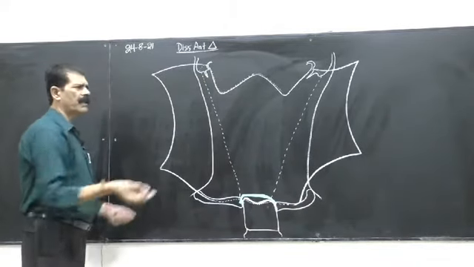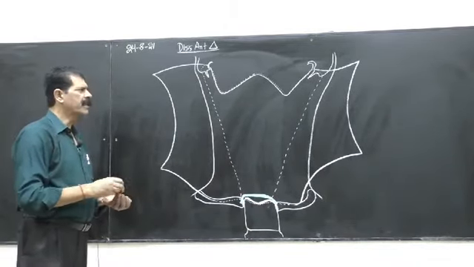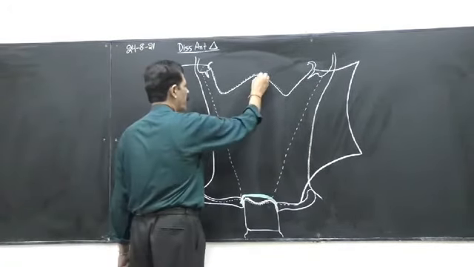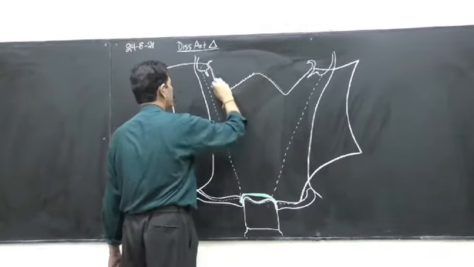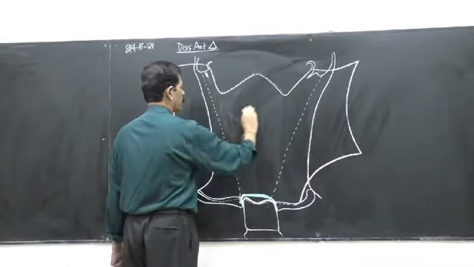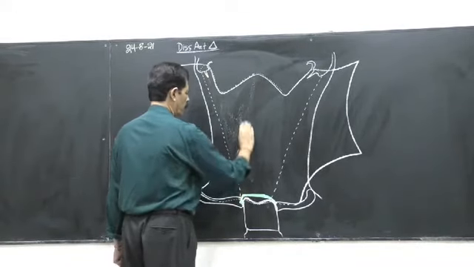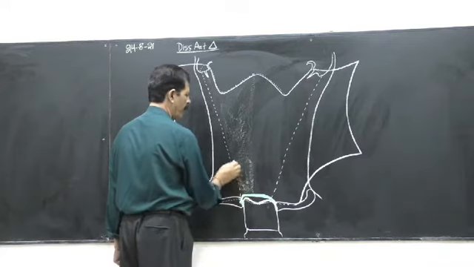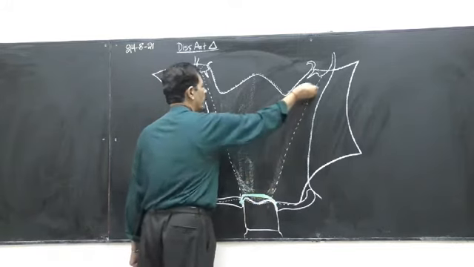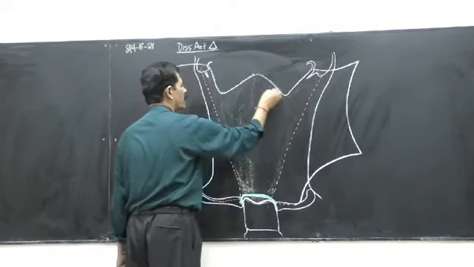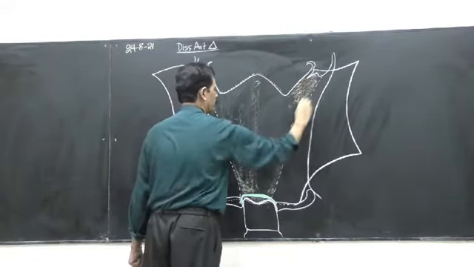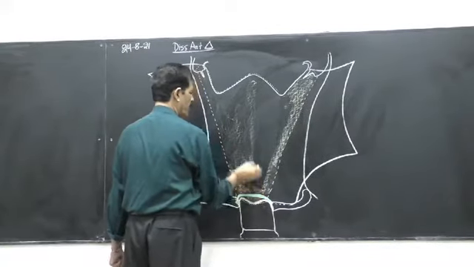So when we remove the skin of this region, what you expect, the second layer is the superficial fascia. So everywhere we see the yellow color fat, just after removal of the skin of the anterior triangle. So this yellow color means the fat with the loose areolar tissue which is holding it. So if you are seeing the yellow color fat, means you are seeing the second layer of the human body, that is the superficial fascia.